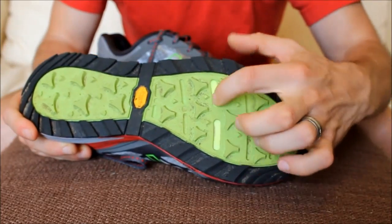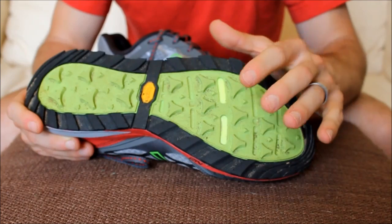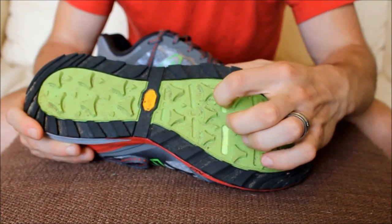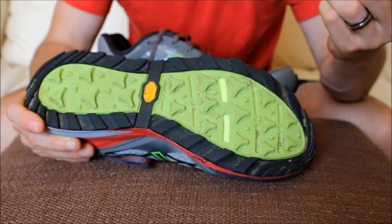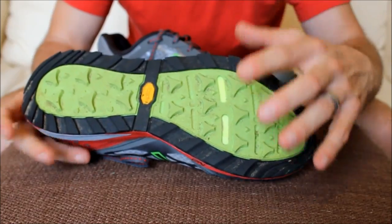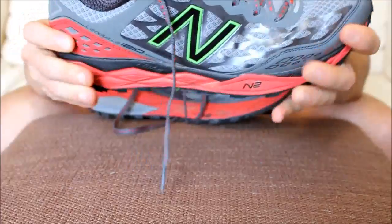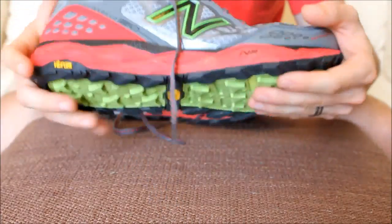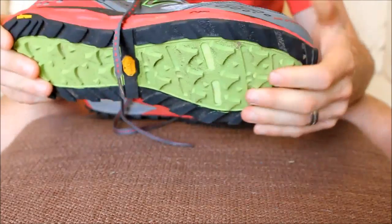If we look in here, we've got a cutout that exposes some of our trail plate. This trail plate is semi-solid, so I can push my finger in and I can get my fingernail to push into that material, so it's not a hard plastic. But overall, we definitely don't have a really twisty and flexible type of shoe. Over time, these will break down and be more flexible, but it's a relatively stiffer shoe, I think,